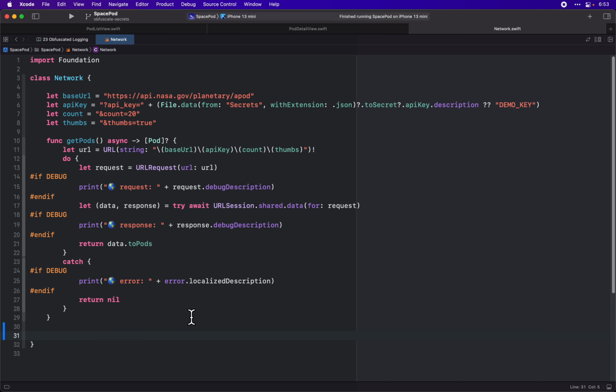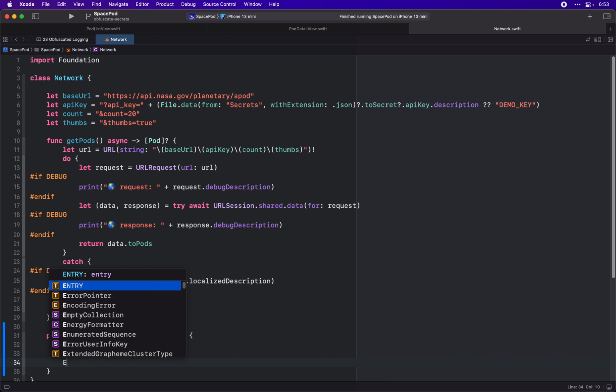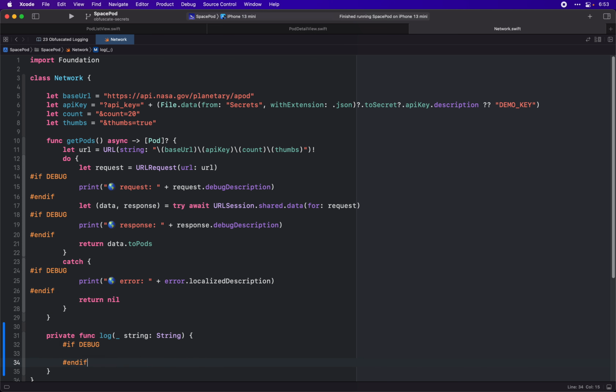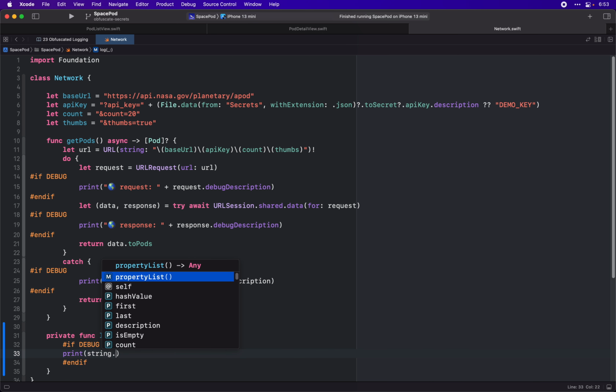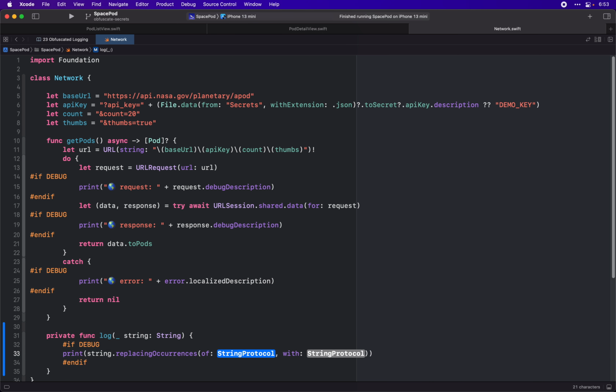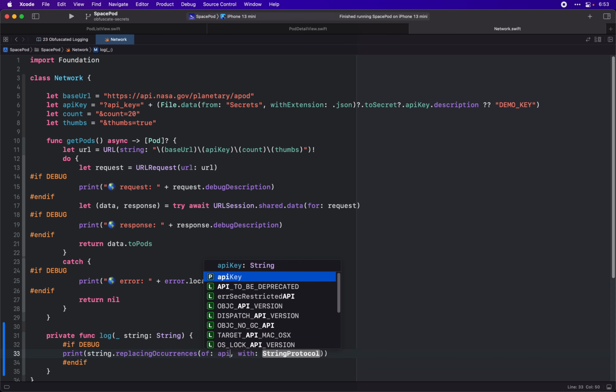The first change I want to make is a private function, and we'll just name it log. And we'll have it take a string, and we'll say if debug, end if, and we'll print here, and we'll say print the string, replacing occurrences of the API key